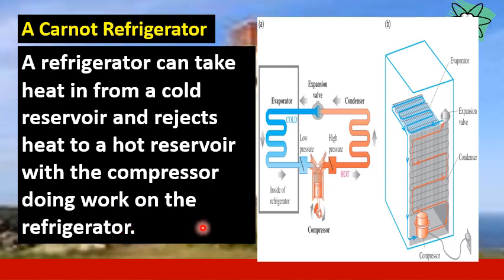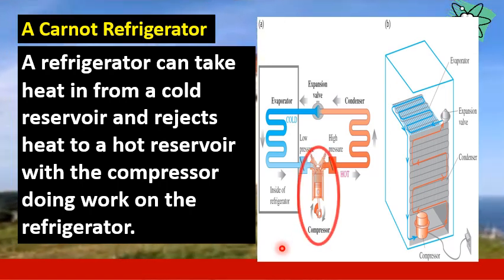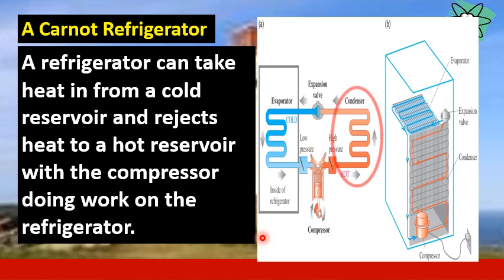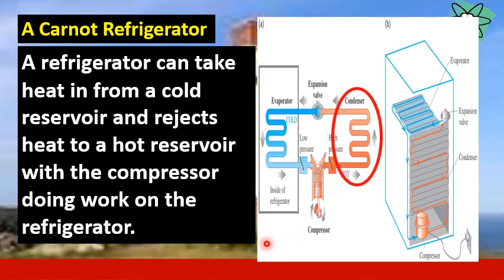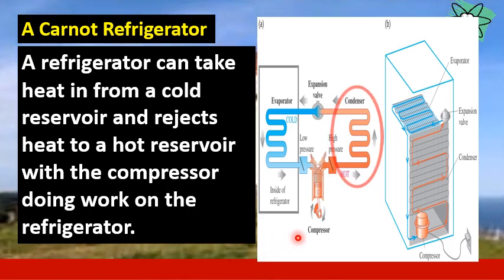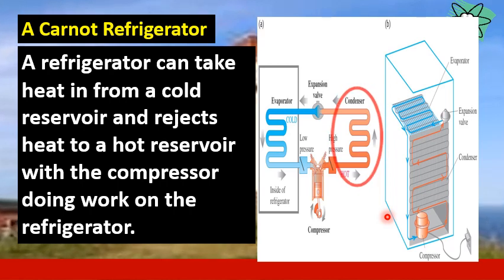The motor in the compressor compresses the refrigerant, also known as the freon gas, into a pressure of several atmospheres. Then this gas is cooled to near room temperature, which then condenses into liquid of high pressure. It is at the condenser where heat is expelled into the hot reservoir or the surrounding.